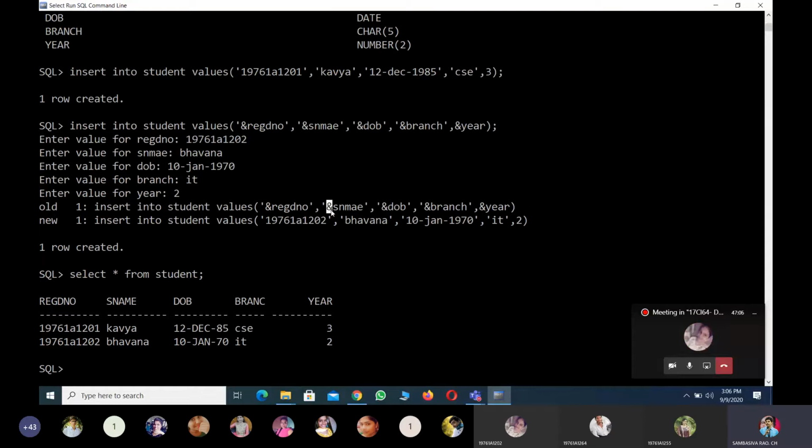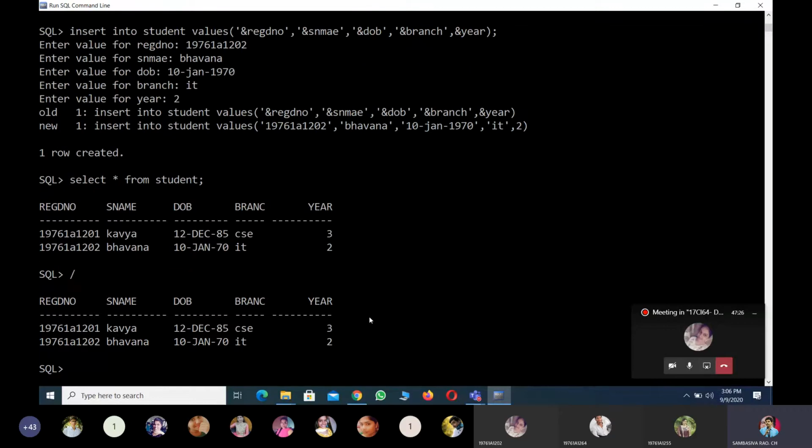Whenever you use an ampersand, that means the second field is already available. Even if I specify a wrong name, whatever value we have within the single quotes will be forwarded to this second column. For example, here I am mentioning a third record, using ampersand, executing the same query.